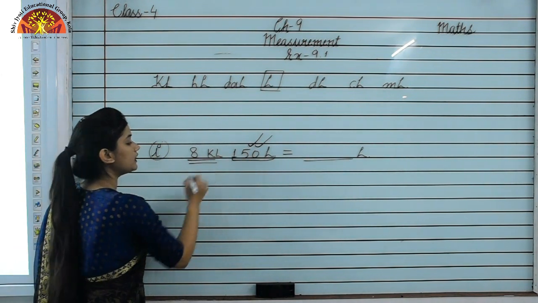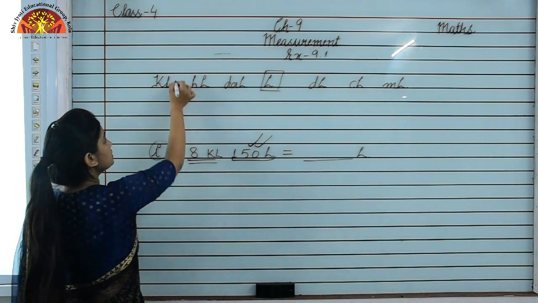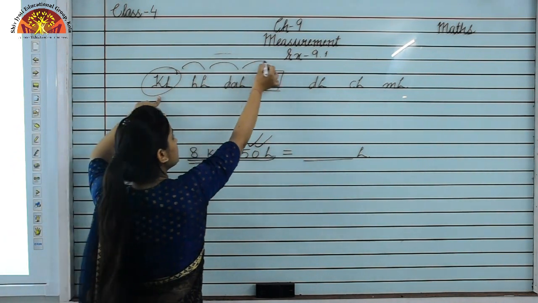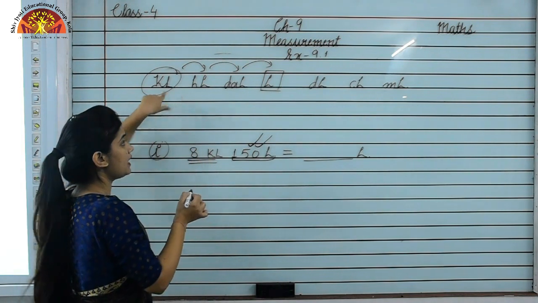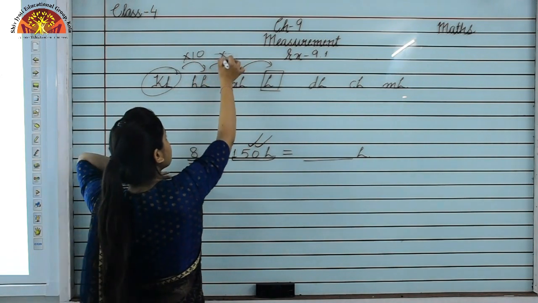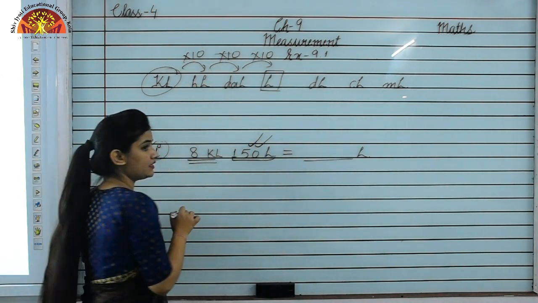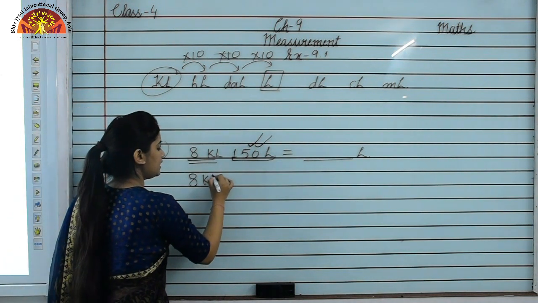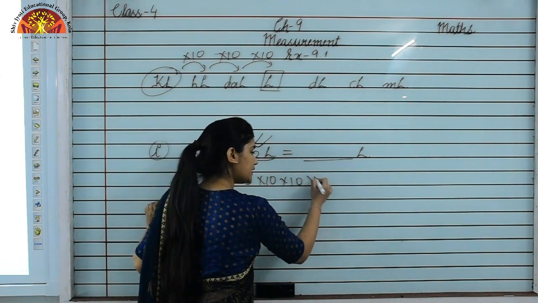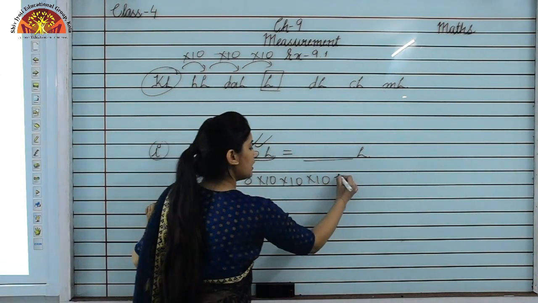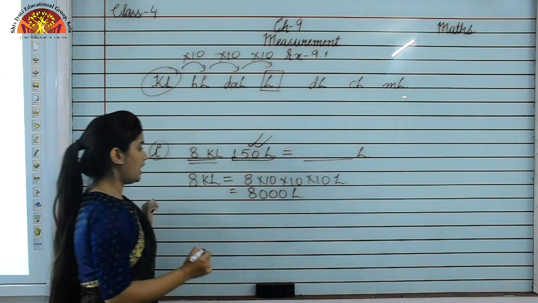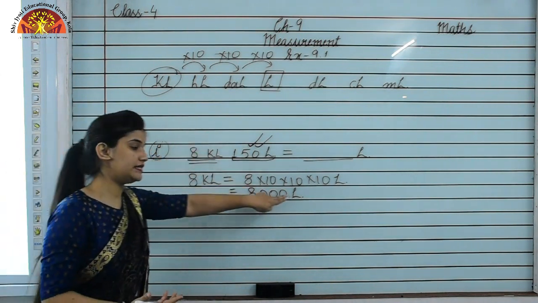So now we will convert 8 kiloliter into liter. So just look here, kiloliter, and we are going in this direction. So we have to multiply, and here we can see liter. So how many times we have to multiply by 10? 1 time, 2 times and 3 times. Right, it means 8 kiloliter is equal to 8 multiplied by 10, again multiplied by 10 and again multiplied by 10, and now it will be liter. It means 8000 लीटर. अभी जो 8 किलोलीटर है ये भी किस में कन्वर्ट हो गया? लीटर में कन्वर्ट हो गया.